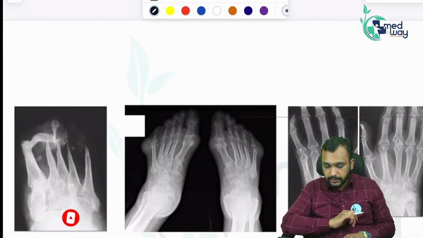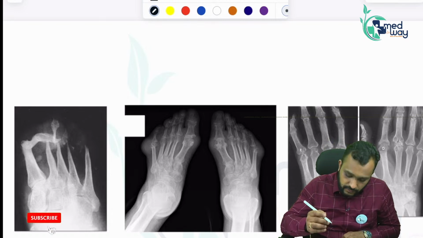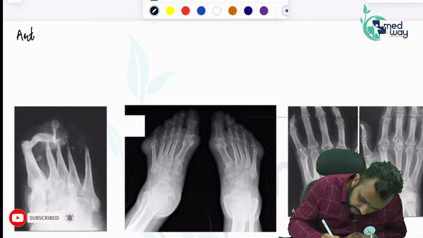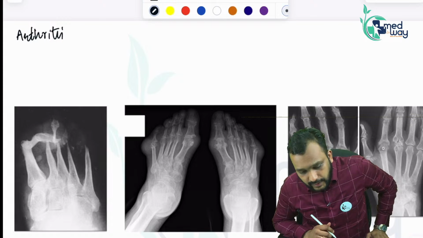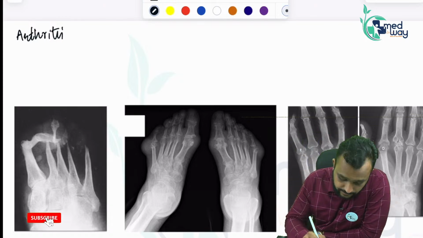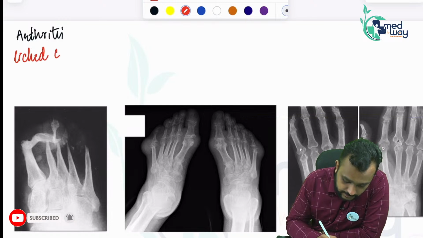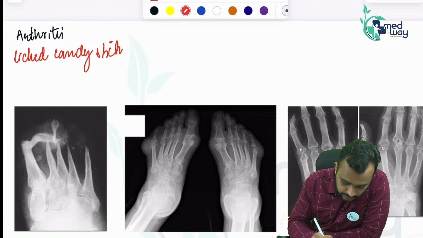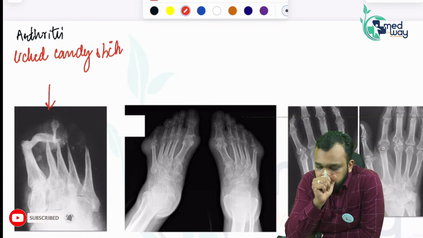Bone within a bone appearance. Okay, so now some important X-rays in arthritis, which again can be asked in your exam. So the first one is your licked candy stick appearance. So this licked candy stick appearance is seen in